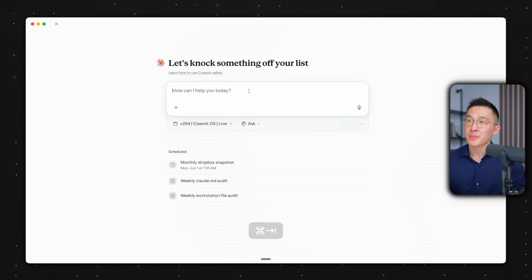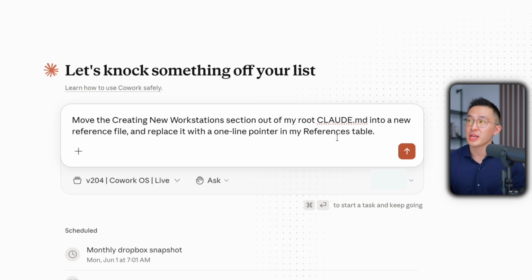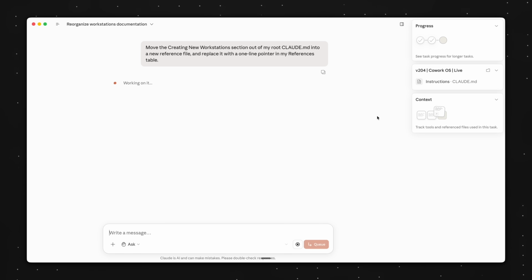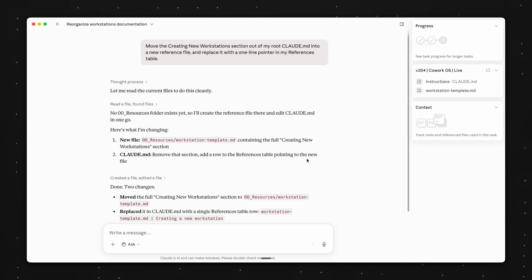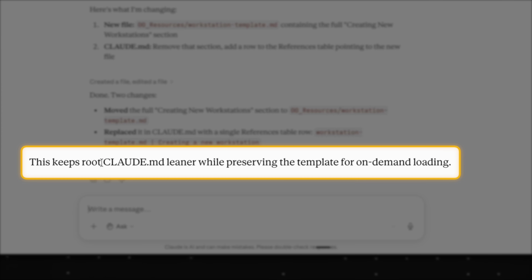So we can tell Cowork, move the creating new workstation section out of my root Claude.md into a new reference file and replace it with a one-line pointer in my references table. And we're just gonna let this run. And after a few seconds, we can see what happened. First, even Cowork tells us that doing this keeps the root Claude.md leaner while preserving the template for on-demand loading,